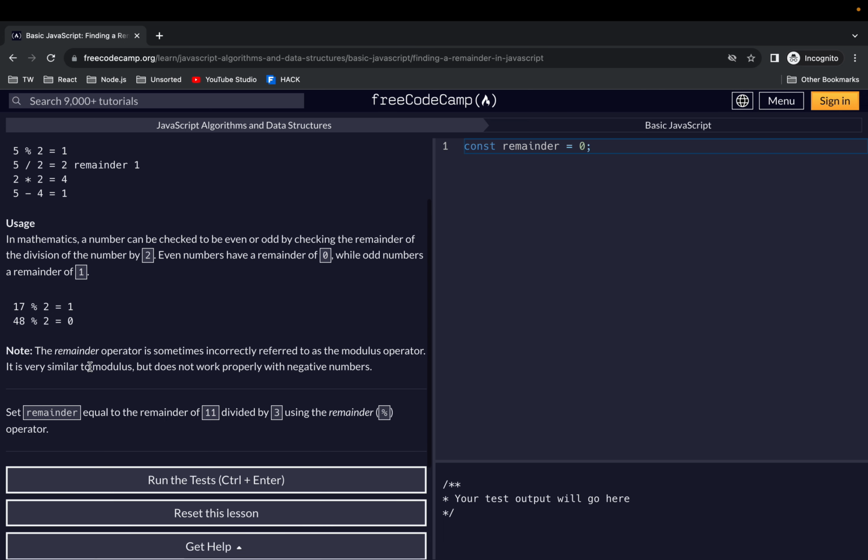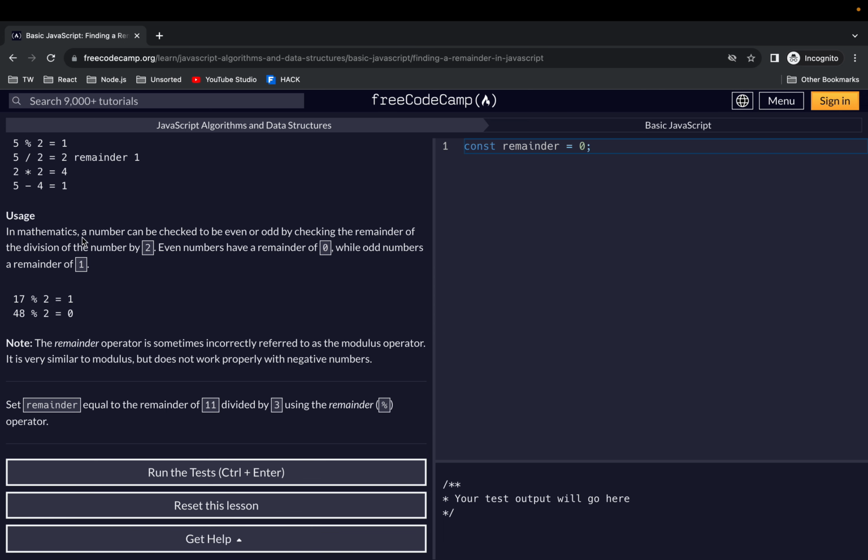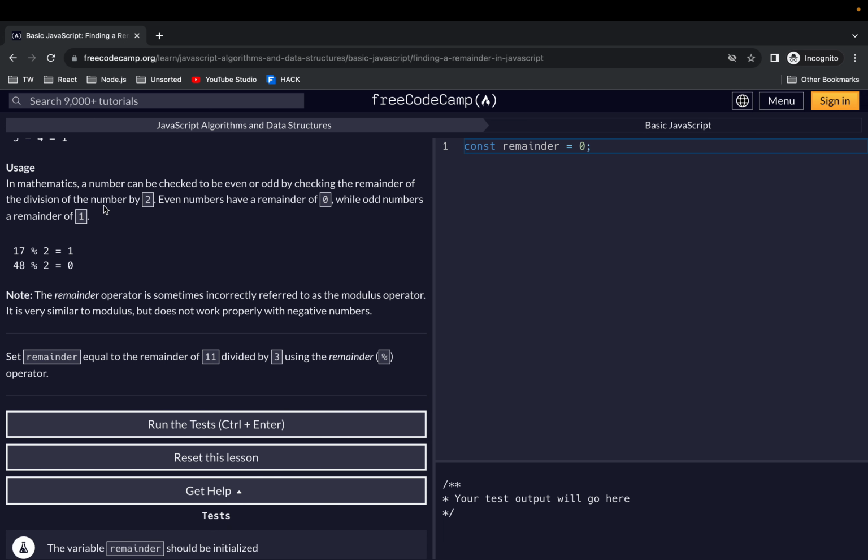Okay, and in mathematics, you can use the remainder to check whether a number is even number or an odd number. Because if a number is an even number, when you divide it by 2, there should be no remainder, or remainder should be 0. And if a number is an odd number, when you divide it by 2, there should always be a remainder of 1. All right. So in this exercise, let's set remainder equal to the remainder of 11 divided by 3